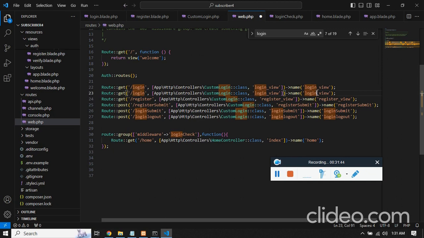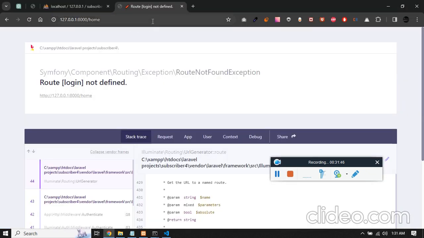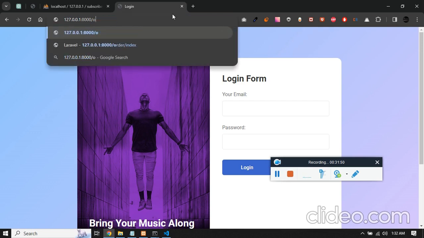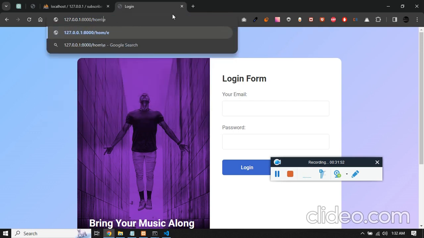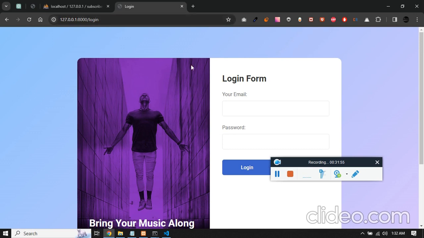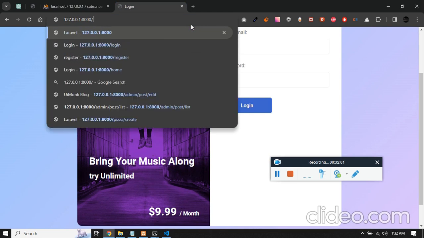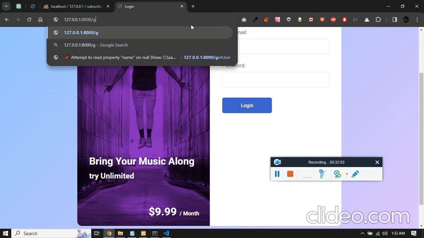So we can have a quick fix by getting into web.php. Just duplicate this and give the name as login. Now if you refresh, if you search for home, it will not allow you to access it because of the middleware you have created. But if you register yourself,